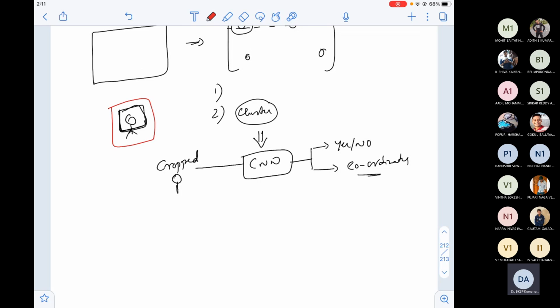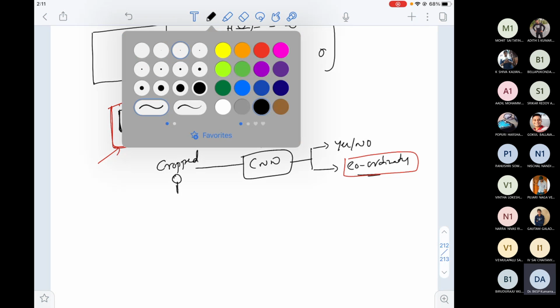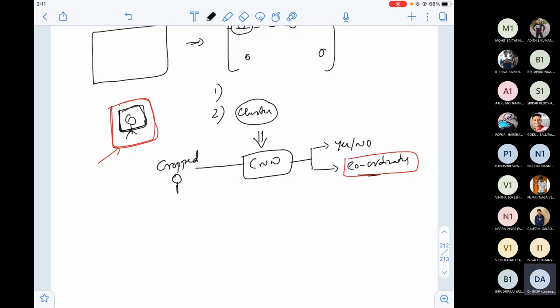After I try multiple times, I will try to ensure that the new coordinates are very close to the true box, which is highlighted in red. I start from the black box inside and slowly move to the true box highlighted in red. Until that point, you keep updating your weights so that it gives a box very close to the ground truth box that you have annotated.